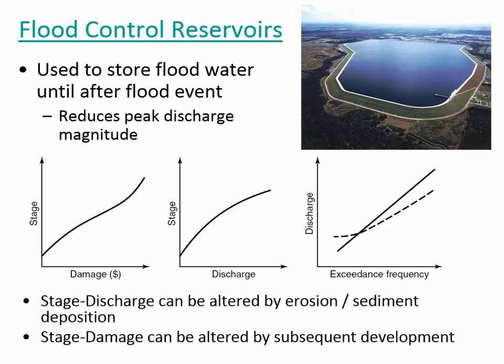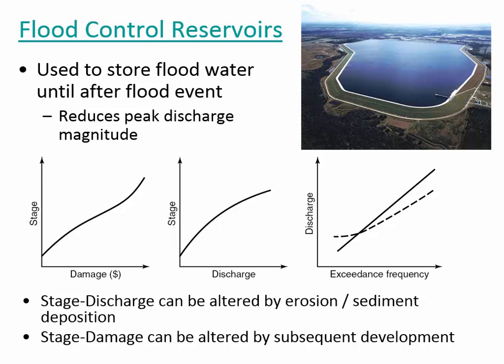The disadvantages of using a reservoir is that this pond can fill up with sediments, because the water coming into the pond or the reservoir has a lot of silt and clay and sand, and when it gets into the pond, the water is stationary, and so it actually acts as a trap. Over time they can fill up with sediment and sometimes have to be maintained, and the pond has to be dredged to react to the sediment deposition. And then the other thing about it is that